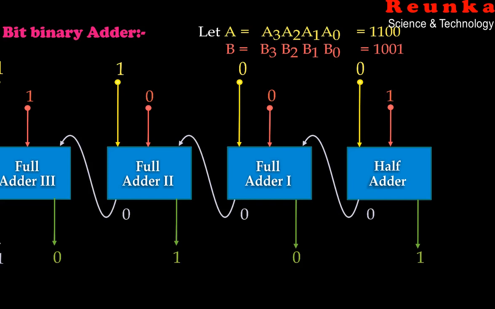So inputs of the next full adder, first, will be 0, 0, 0. Output of the first full adder will be 0 and 0. The 0 from the carry is again added to the next LSB addition. Here the inputs for the second full adder will be 1, 0, 0. Output will be 1 and 0. 1 will be the sum and 0 is carry, and which is added to the last full adder, that is the third full adder. So inputs of the third full adder will be 1, 1, 0. So output will be 1, 0, where the 0 will be the sum and 1 will be the last carry.